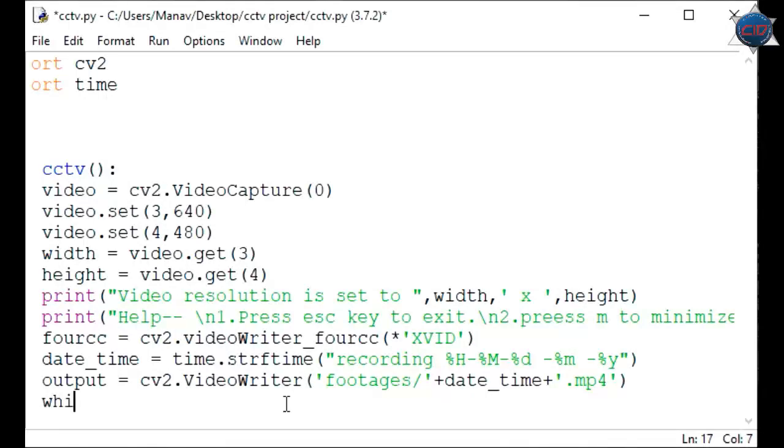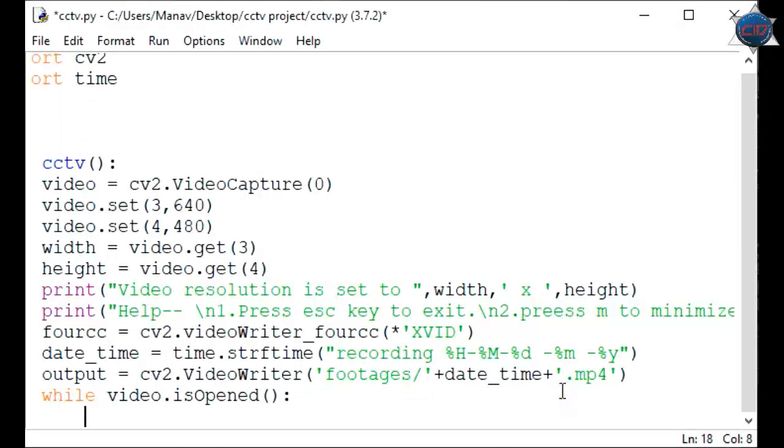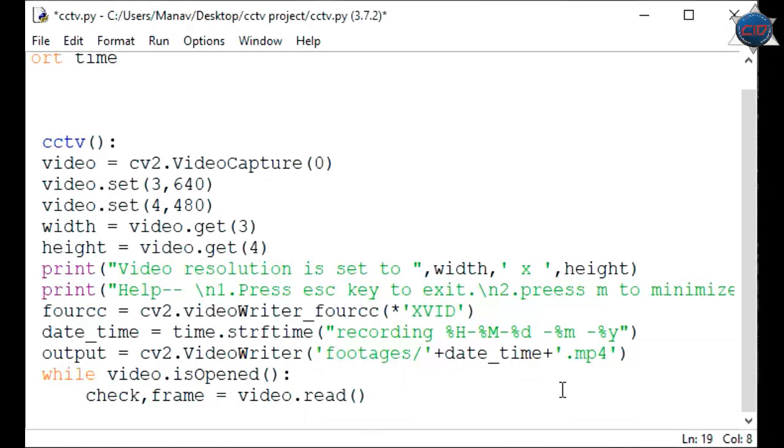So I will use here the video.isOpened method for checking whether the camera is on or not. If the video camera is opened, then we'll get check and frame from video.read.